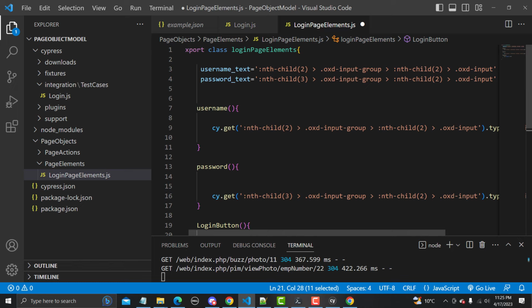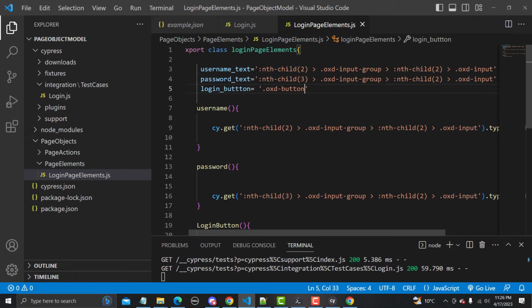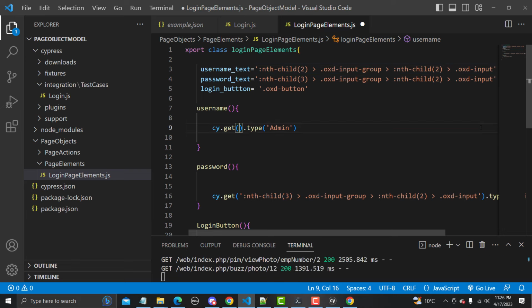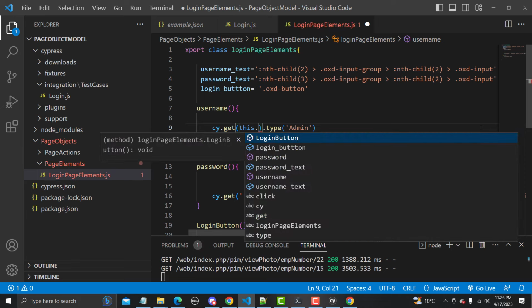Let me copy this one from here, and login underscore is a variable, and here I have provided the locators as global variables. So let me save this one, and now instead of using this one, let me remove this one from here. If we want to use these global variables, I need to use a keyword called this. So this dot